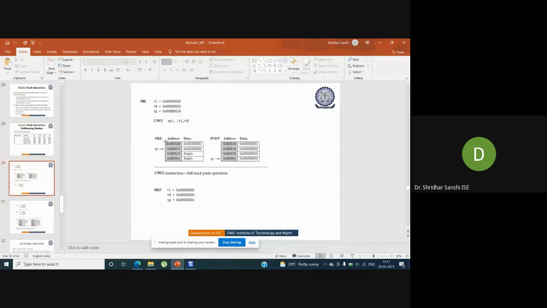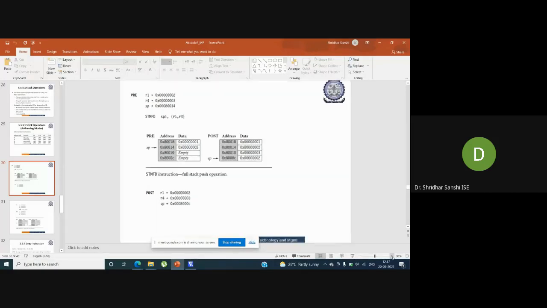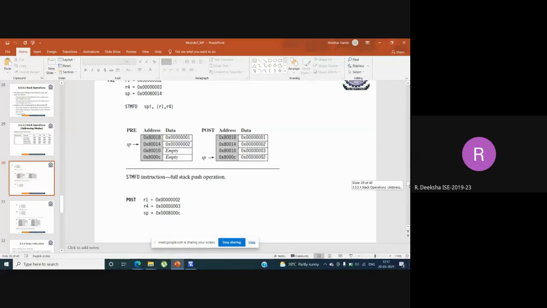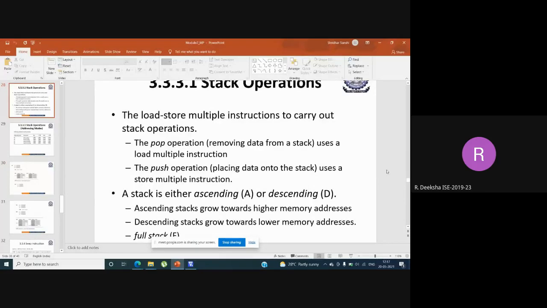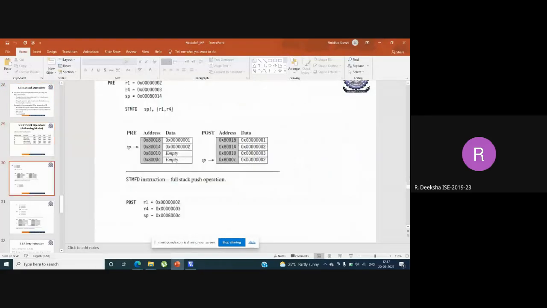You can see here R1 has 2, R4 has 3, and the current stack pointer is pointing to this particular address. I hope it is visible.